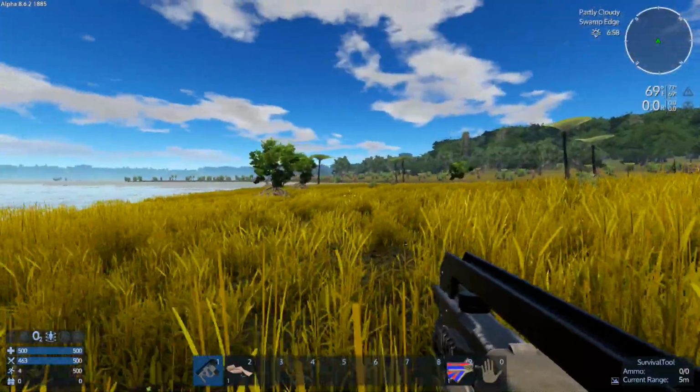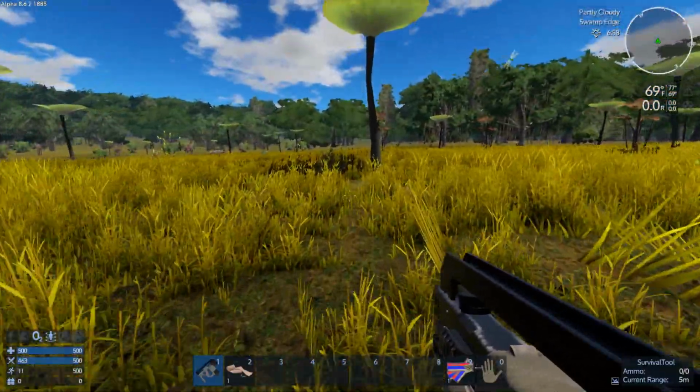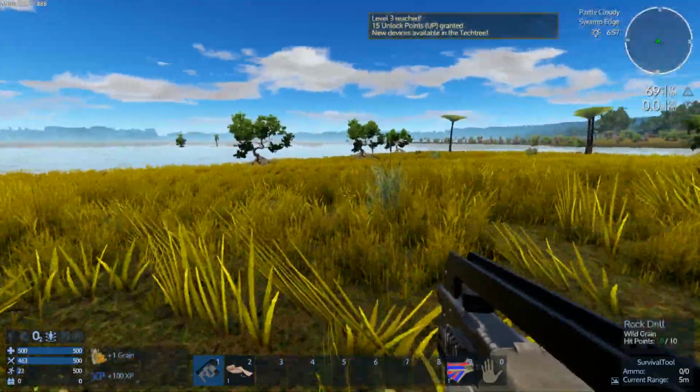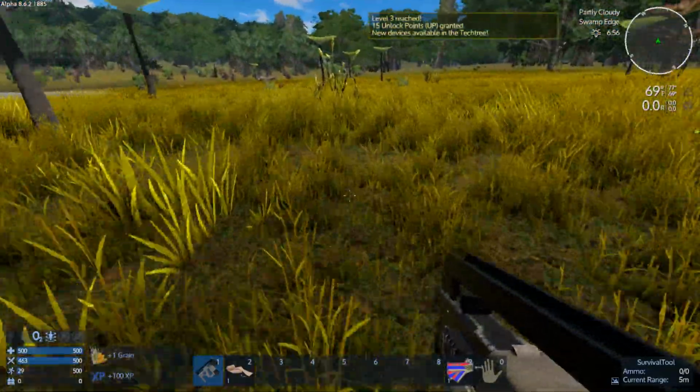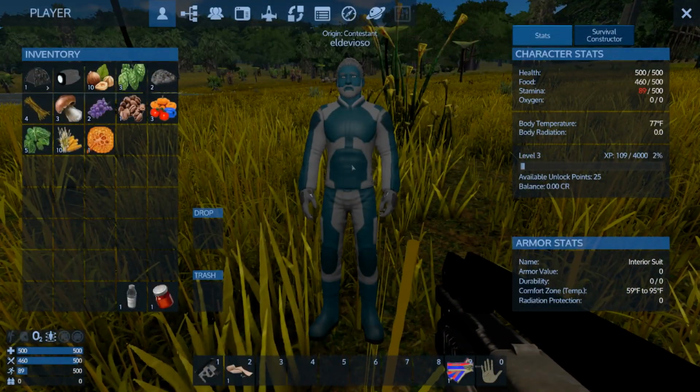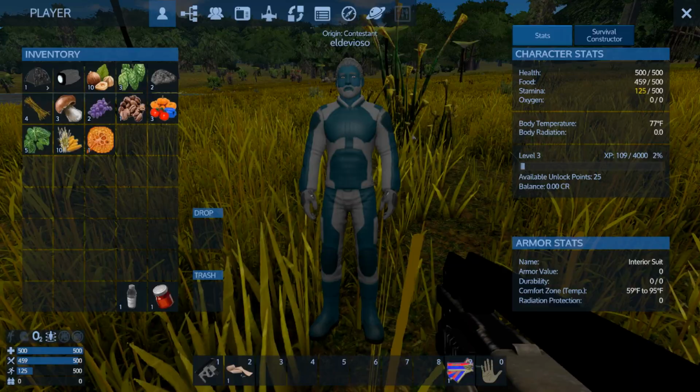So I've got to level up to get some of the basic items like constructors and whatnot. Yeah, that's what we're after. Let's see, we don't have any armor. Okay, I might need to update my little character. I don't have any armor,